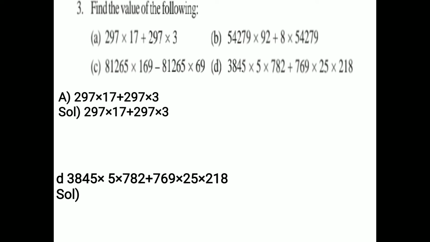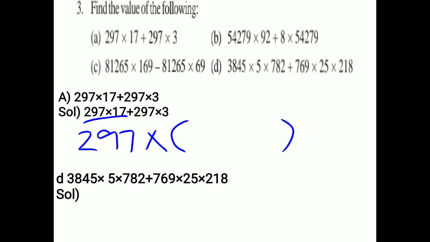Question number 3, you have to find out the value. Now they have already expanded it. You have to apply the distributive property. Now see, A part, I am giving the numbers names. This is B. Again A means the same number is repeating, and then C. So find out the common number before plus and after plus. 297. So you write 297 outside, put a multiply sign and then bracket.